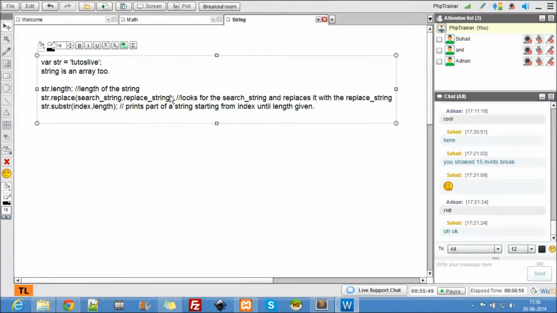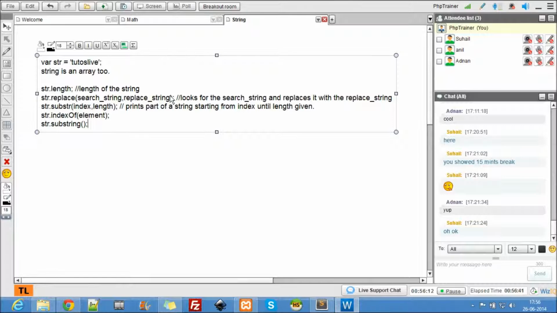Now we need to know an index. How do you find an index? str.indexOf(element). Now again, str.substring.